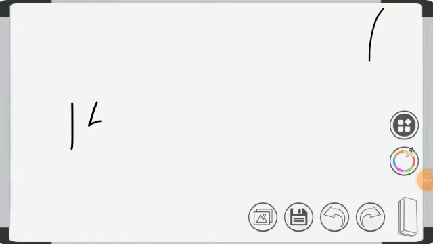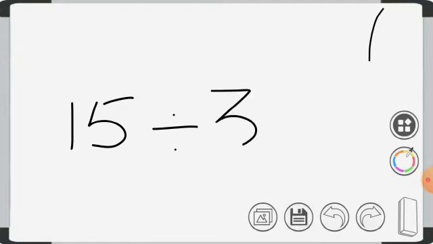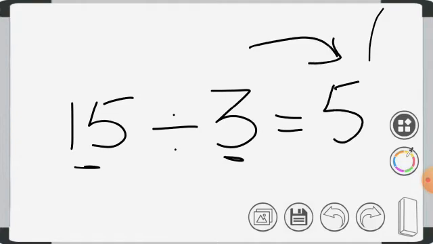First, we will write 15, that is the total number of sheep. Then the division sign, 3, equals. We will revise the table of 3 until we get 15. 3 1s are 3, 3 2s are 6, 3 4s are 12, 3 5s are 15. Yes. 3 5s are 15. This is the division sentence for question number 1.